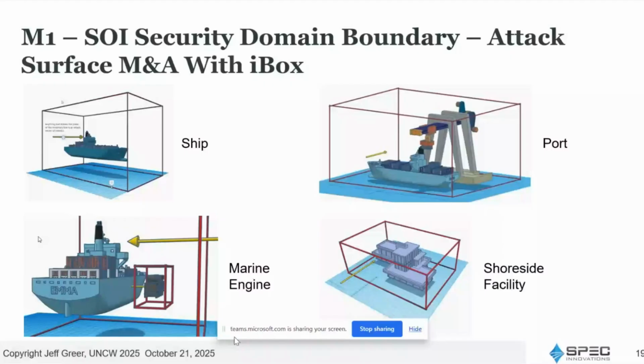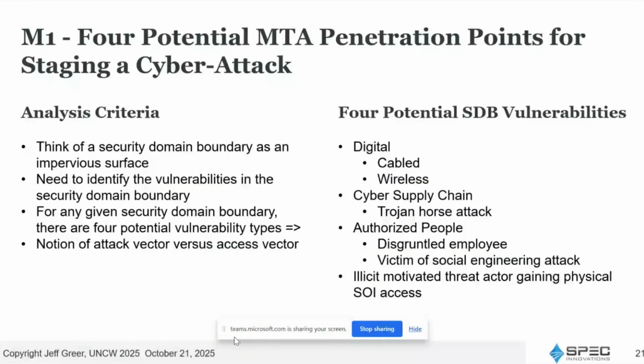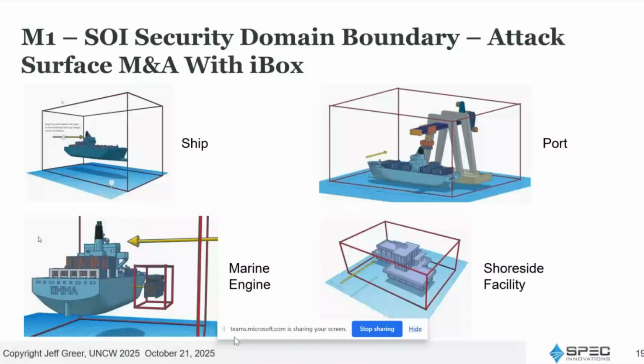So here's an example, maritime examples, but you can put a box around the entire ship. You can put a box around just the engine room. You can put a box around a shoreside facility, or you can put a box around a port with a ship and a crane, if you will. So the nice part about the iBox method is it is infinitely scalable and universally applicable. So you can just scale it to whatever your system of interest is. And when you think about setting up that imaginary box,